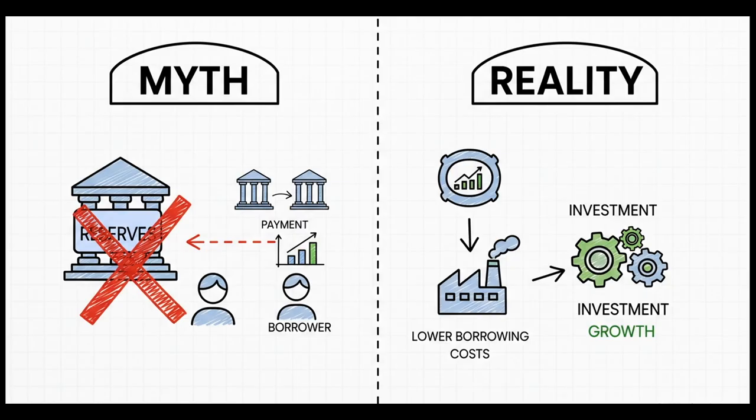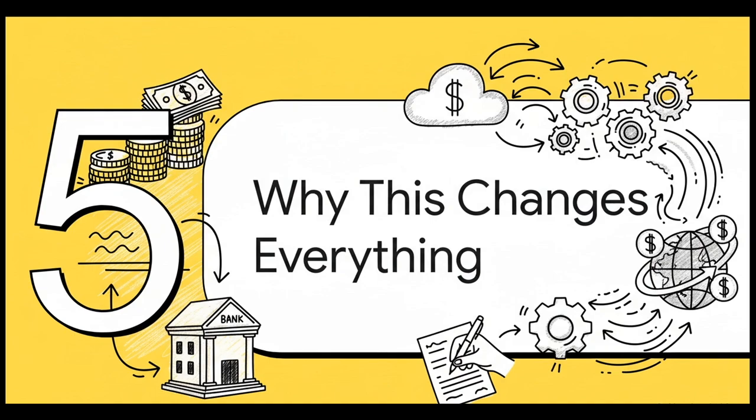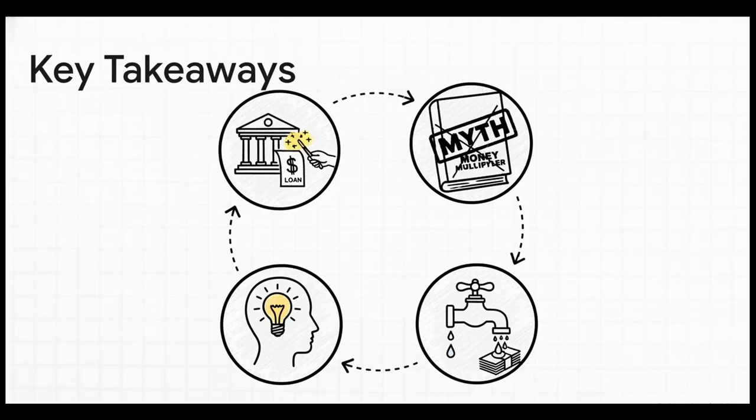So, why have we spent all this time blowing up the textbook story? Why does this all matter so much? Because, look, if you don't understand who creates the money and how they do it, you can't really understand how our economy works, period. So let's just hammer home the takeaways. Number 1, private commercial banks create almost all of our money every time they approve a loan. Number 2, that money multiplier thing from your textbook, it's a myth. Forget about it. And number 3, the central bank's real power is indirect. They control the price of money, the interest rate, not the quantity. And once you really get that, it changes everything.